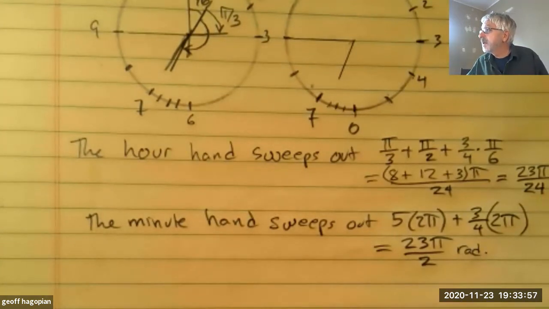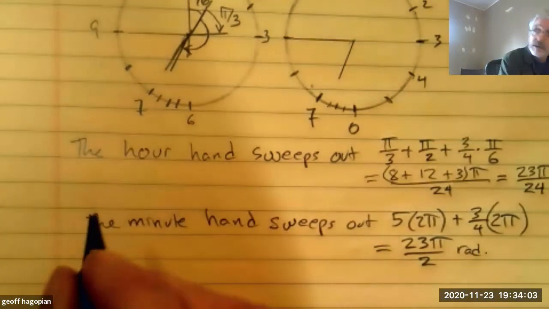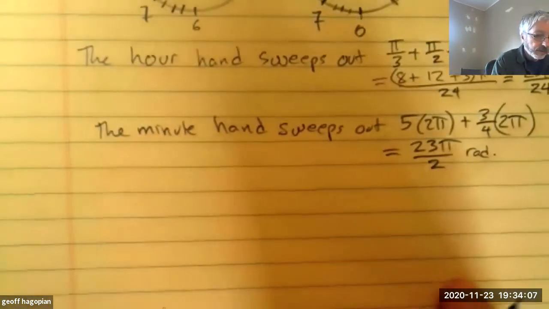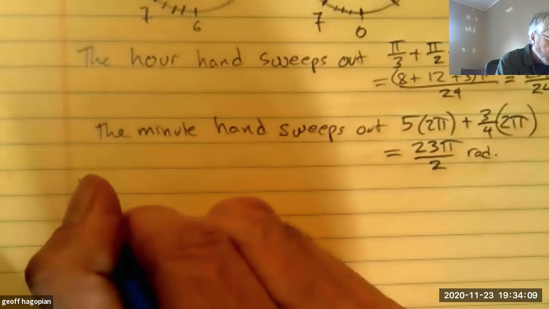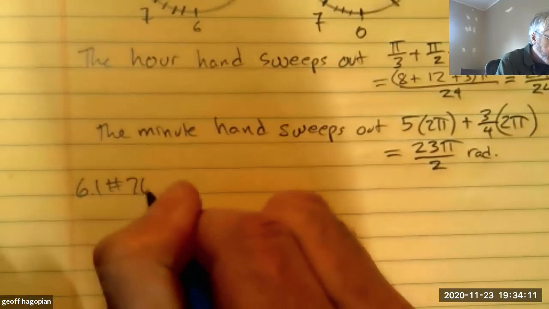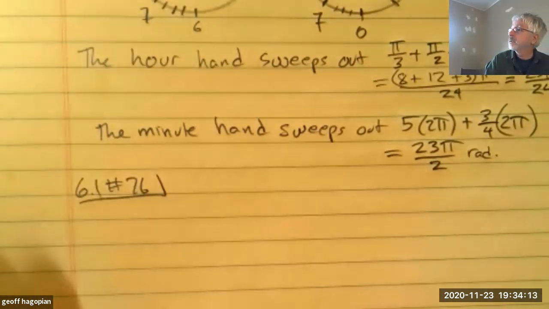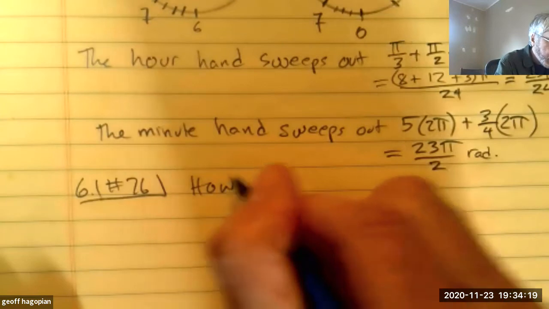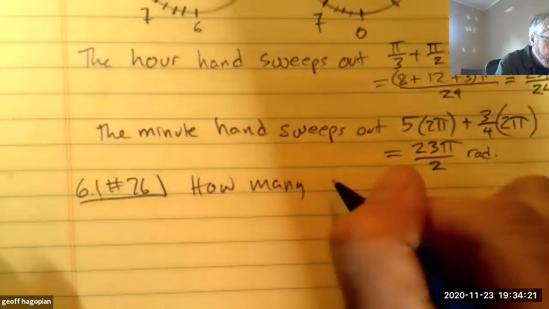Other problems in there? So they got some applications, wheel revolutions, number 76. Let's just knock that off because we got a little space here. So wheel revolutions. So 6.1, number 76. They ask us, how many revolutions will a car wheel of diameter 30 inches